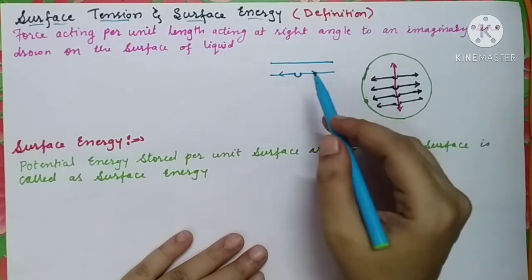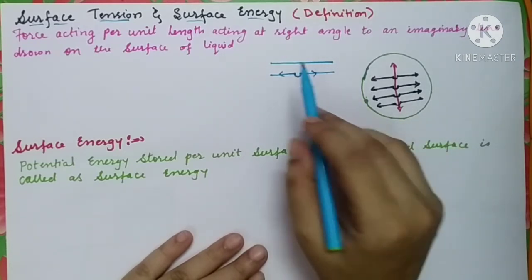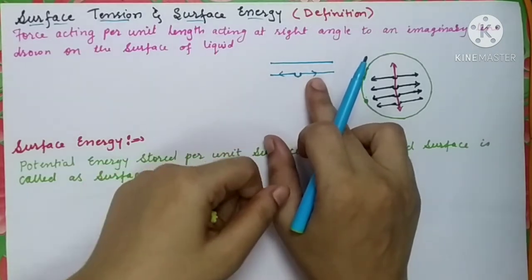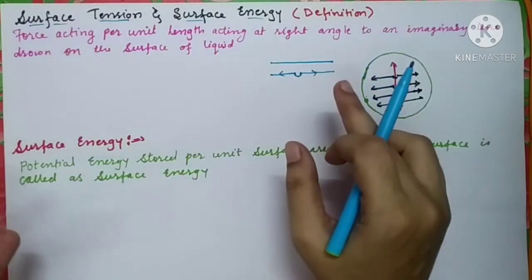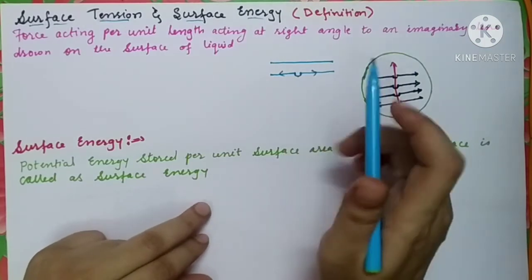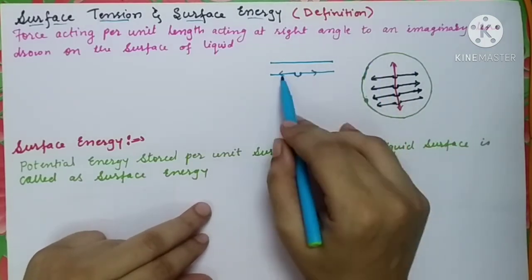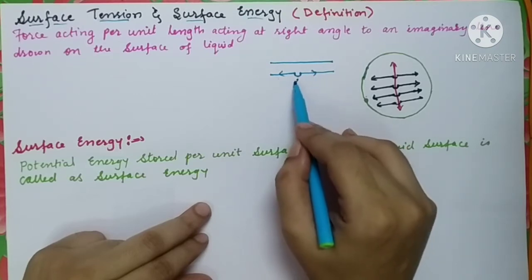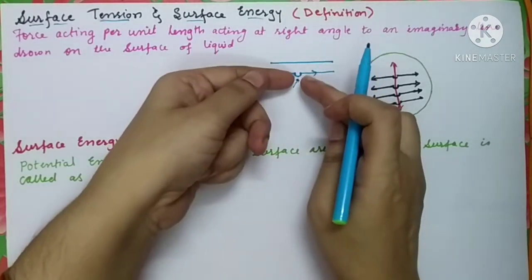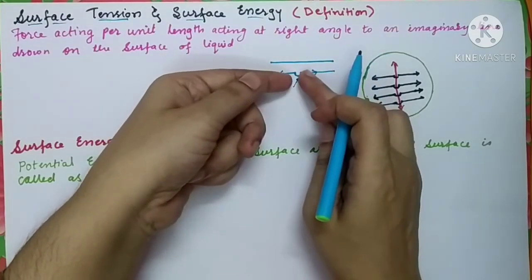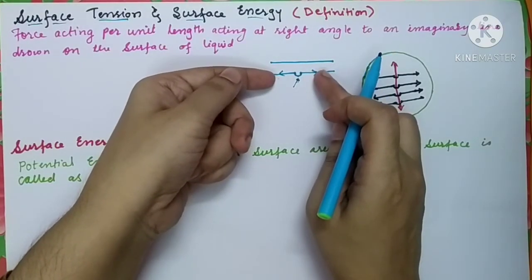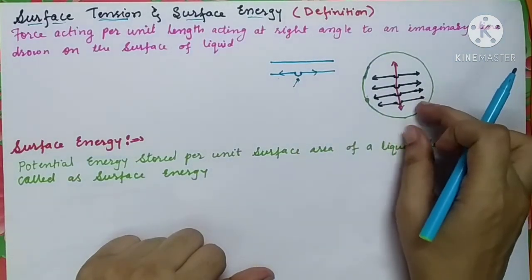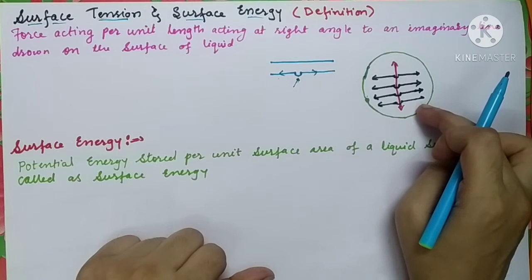So that is why here the liquid surface will try to minimize its surface area, and one inbuilt, automatic force will develop on these two sides of the surface. It will try to stretch the deformation created over here. So in order to remove the deformation, you need to stretch the layer in this way. That is why we have taken one example. It is the overview of the surface of a liquid contained in a glass.